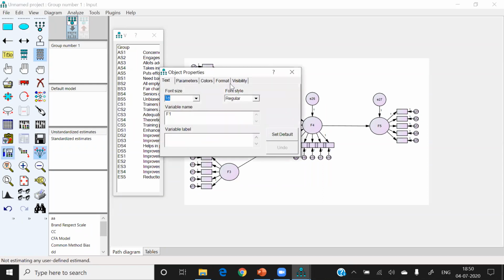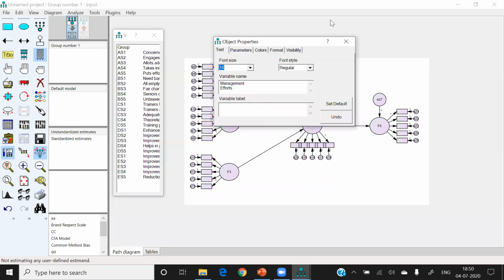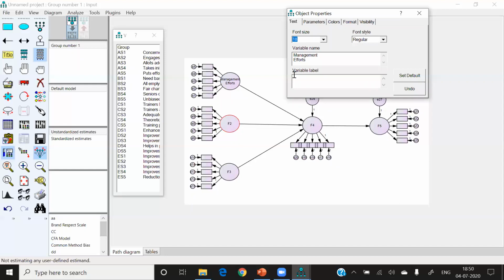For example, this construct is known as management efforts. Then this construct is the selection criteria, and I should increase the size of this one so that you can see clearly. F3 is training quality.